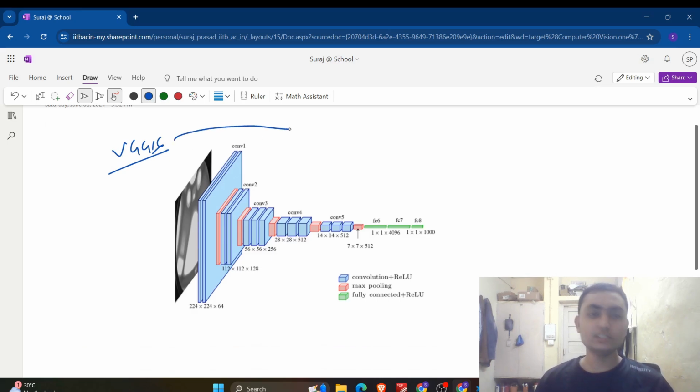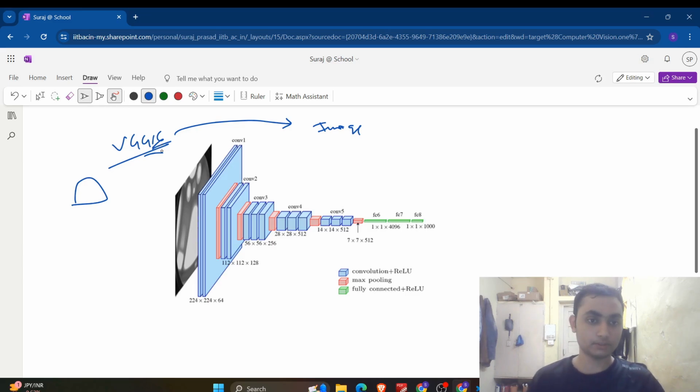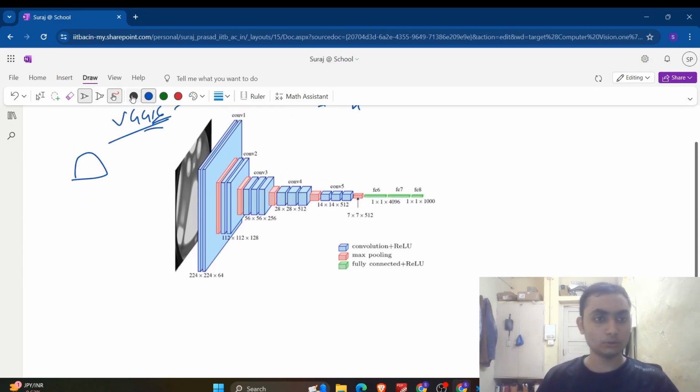So what was VGG16 used for? This was mainly used for image classification. You have a certain image, and you have to tell which class this image belongs to, whether it belongs to cat, dog, lotus, and so on. It is mainly designed for classification purposes. Let's go through the architecture once,